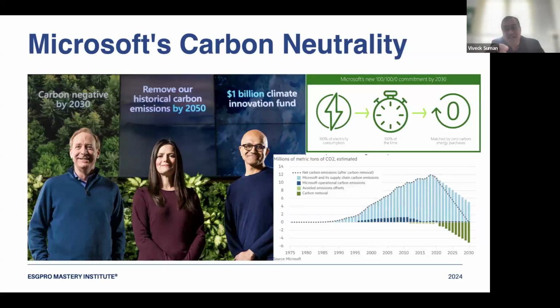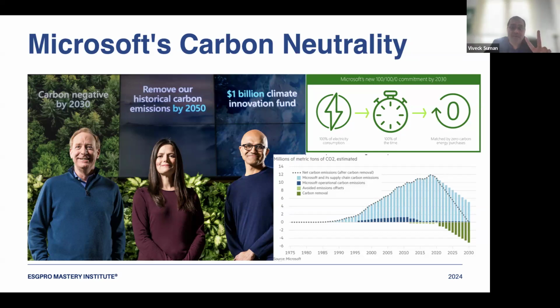But they are planning from next year onwards. The target is from 2025 onwards, there will be a drop in that number. It will happen so much so that by 2030 you see it goes to 6 million tons. Still they are emitting. From 12 million tons, they will come to 6 million tons. Who? Not them, their supplier.